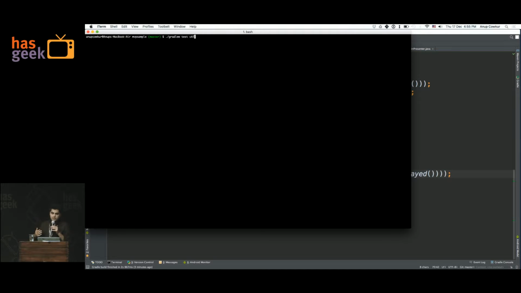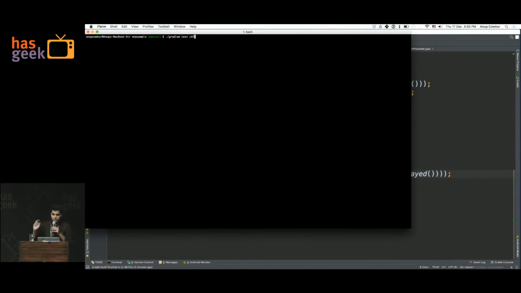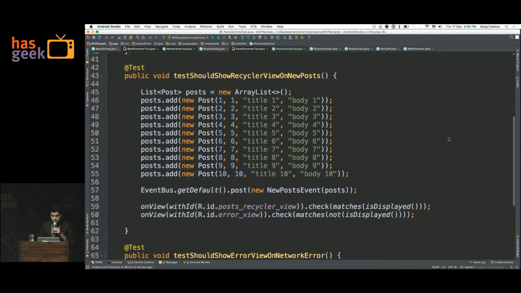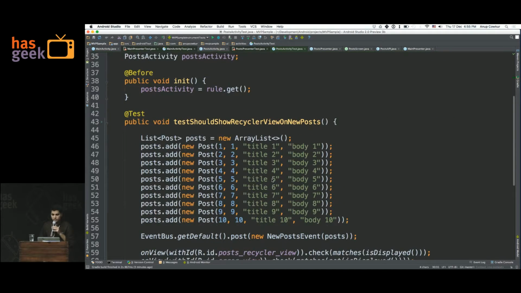Now then there's a functional test, which is actually testing the whole thing: you call the actual API, you call the database, you make the user log in or whatever you have to do on a real thing. It could be a production server or a mock server, a dev server or something, but you are actually making all these calls. So what we're doing here is basically an instrumented unit test, right? We want to unit test the activity, and so we're mocking out all the other layers.